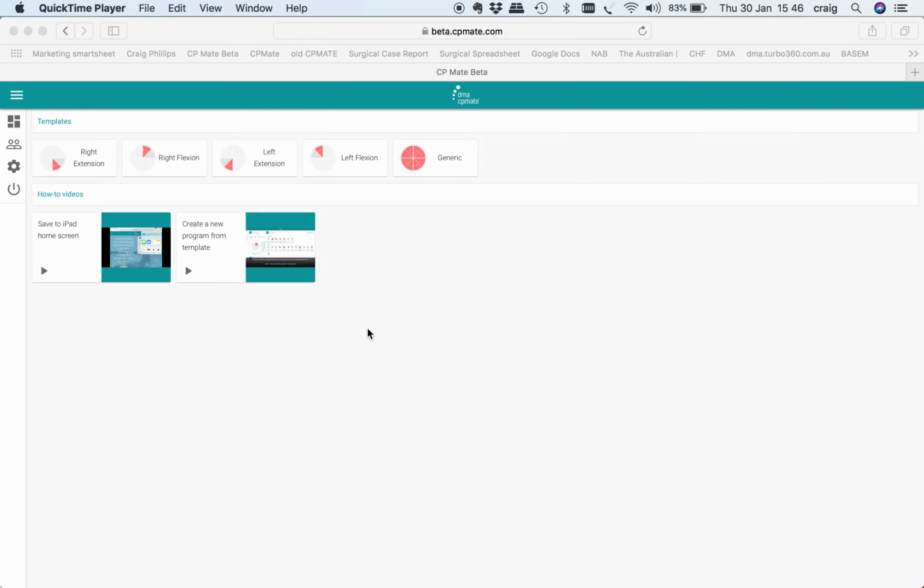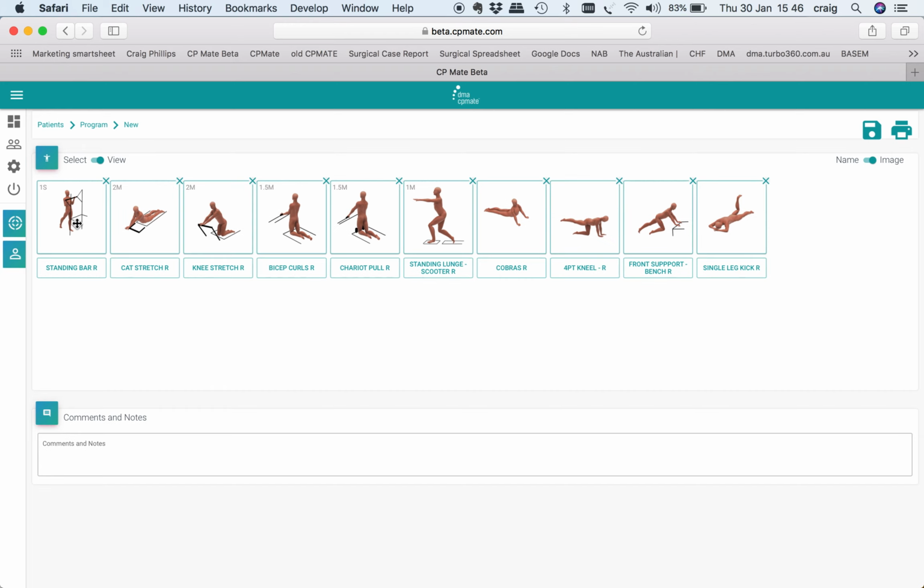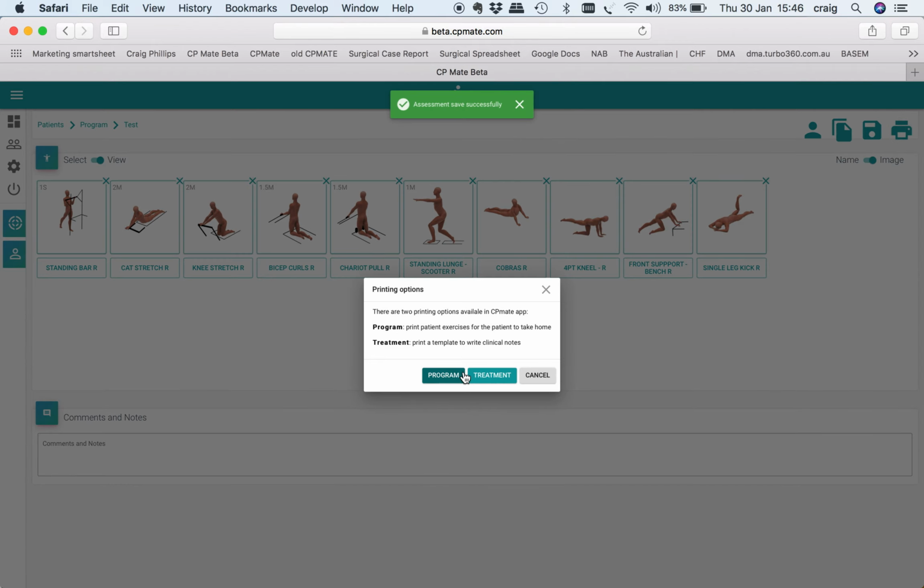We have two processes for using the program. The first is just doing a program set up from a set of templates. If we know the patient is a right extension bias, for example, we can click on right extension bias, add a new patient, name them test. We can remove that from it, and we'll then have a template of exercises which we could print up